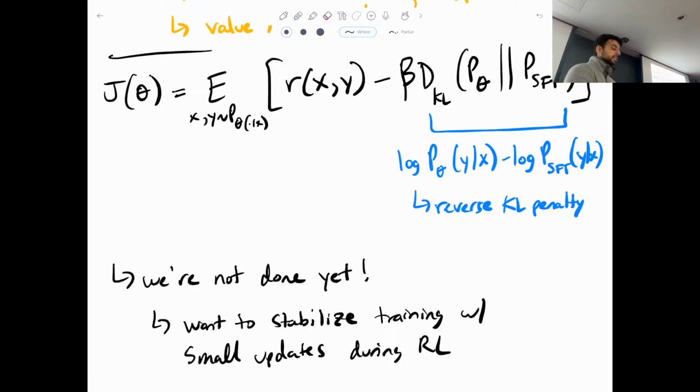So the idea is that this explicit term here prevents the model from going into these degenerate areas of the output space that have artifacts the reward model is oblivious to, but the supervised fine-tuning model would never produce. So you can certainly do some number of steps without the KL term with a small learning rate, and maybe your model won't degrade or deviate too much, but that's kind of a crapshoot. It depends on your data as well.